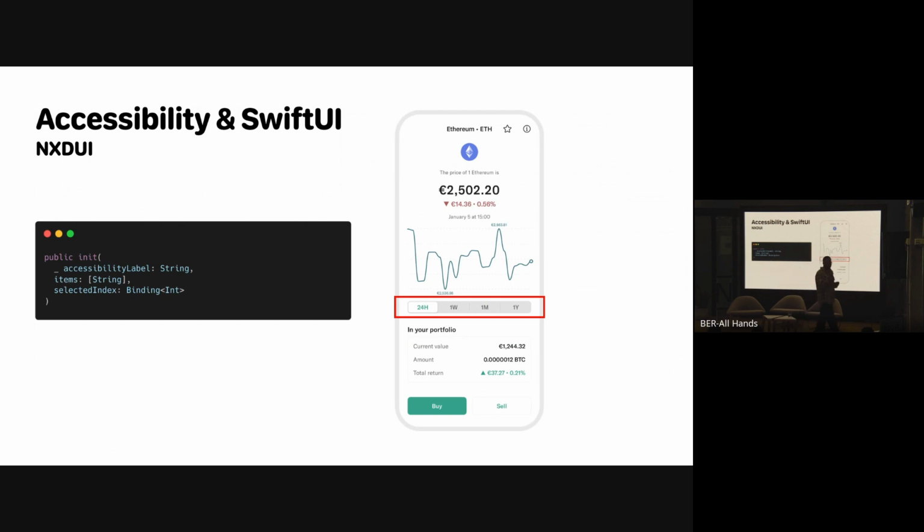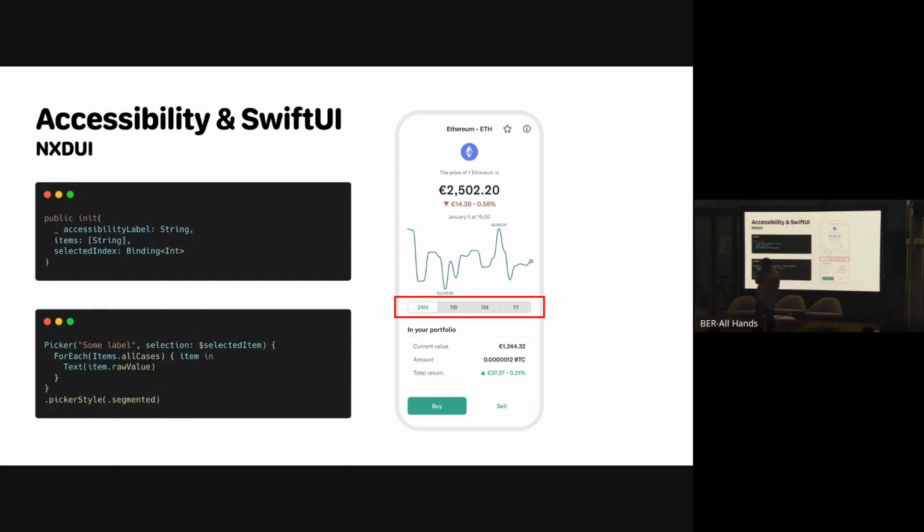Let's see how. When we in NXD proposed this initializer to our engineers, I remember some of them were confused. Like, okay, Marco, but why this accessibility label? Can it be optional? Default value nil? Can I pass an empty string here? So I said that in SwiftUI, you can build it natively. And